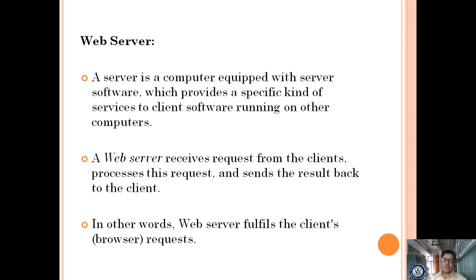Okay, process this request and send back the result to the client. By using this web server, it receives requests from the clients, processes the request and sends the result back to the client. For example, you are choosing Google, right? So google.com, if you search any information in Google, then you are requesting. If you requested that data, then the server processes your request and sends the result back to you